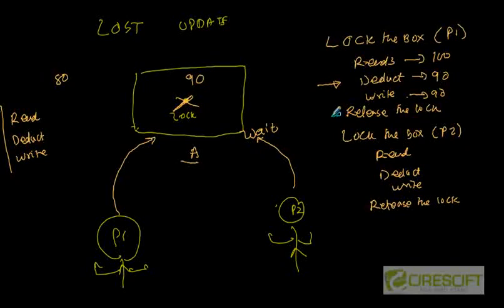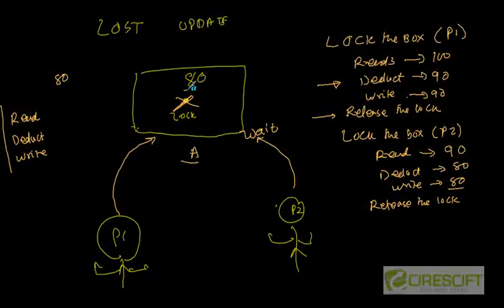P2 was waiting, so once P1 releases the lock, P2 grabs that lock and enters the box. P2 reads and gets 90, then deducts 10, so it becomes 80, and after writing it becomes 80. So finally the answer is